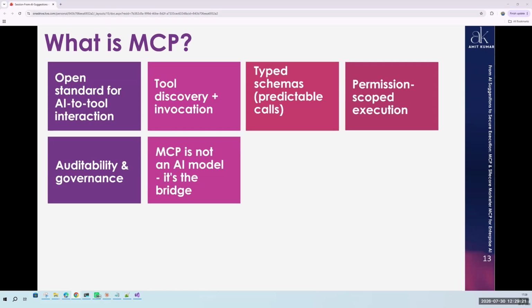Permission scope execution was the major thing accepted by enterprise organizations, because any organization connecting with a downstream system like a CRM will not be working in terms of a service account.